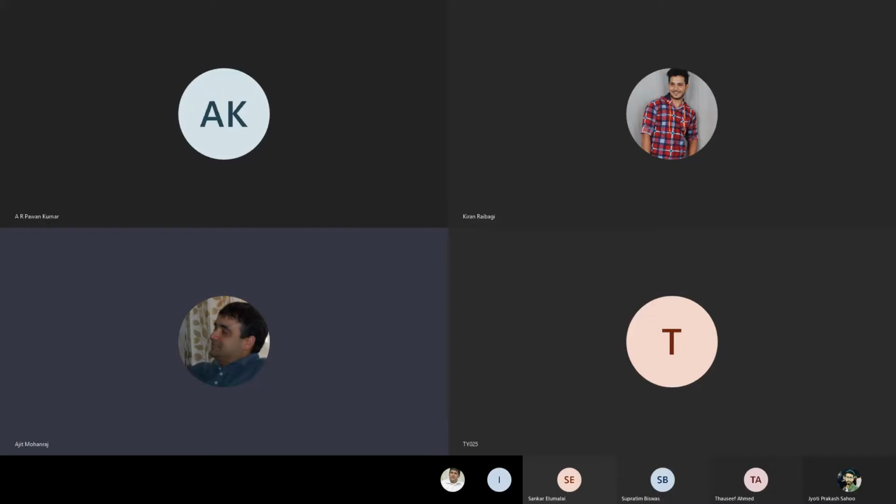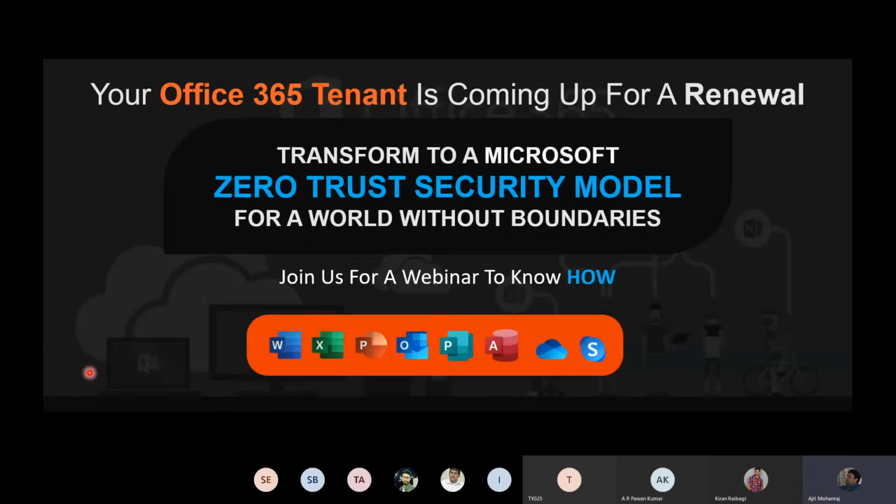I think most of you may be having just Office 365 as a tenant. When you actually come to renew this whole collaborative package, there was a thought that we put across, that there's something wider to look at. And it's really pivoted around the zero trust security model. There are SKUs that you can add into your renewal.